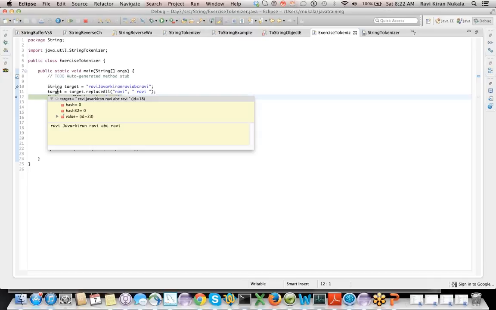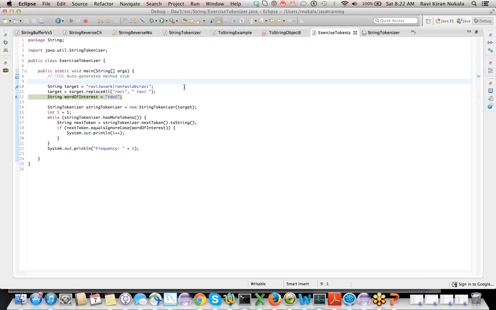So now look at the string. So now it should work, right? I'm putting a space in the beginning and also in the end, just to make sure we get all the words discretely. Okay. So if I put a space, the string tokenizer works.